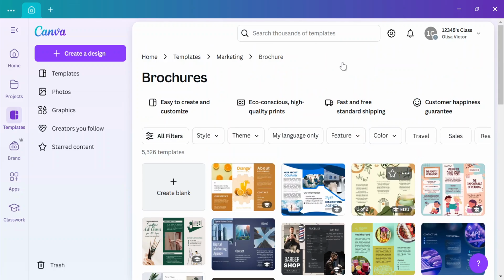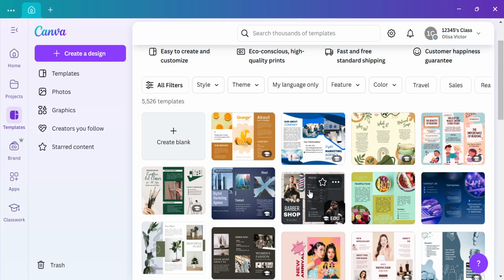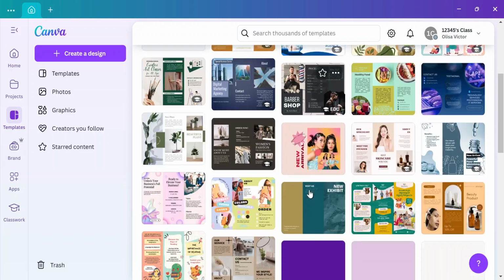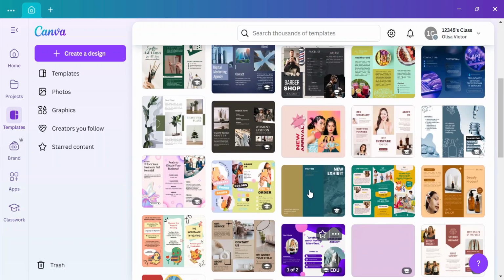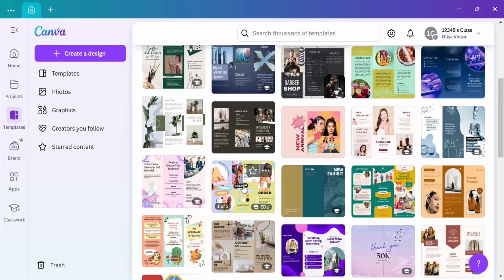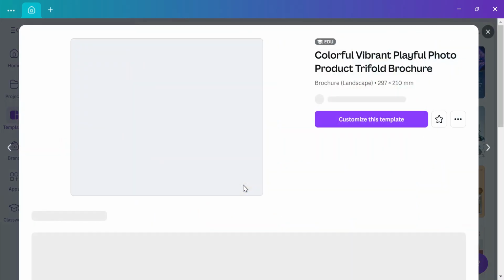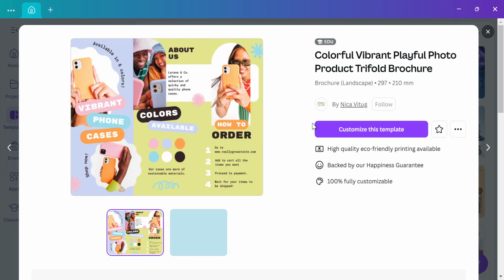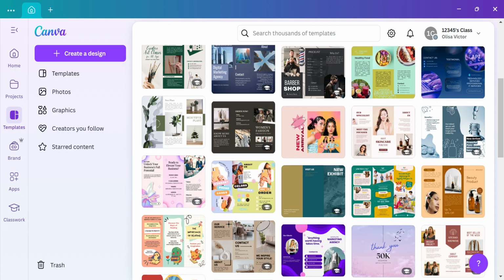You can also search for the particular keyword of that brochure you will be looking for. Let's say it's about food or hairstyles or something similar. You can choose. So let's assume that I've chosen mine and this is mine. Good. So I can go ahead to customize it here, and if I do not want it, I can choose